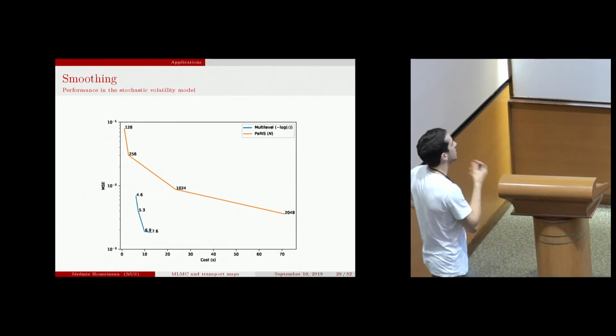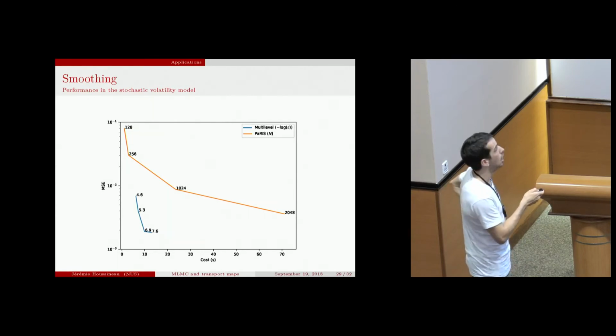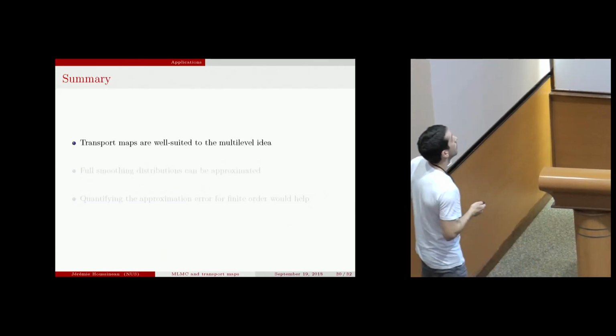For the stochastic volatility, we see that at some point we stop improving so much. So this is probably mostly due to bias, but we still basically get very low MSEs for very small cost compared to PARIS. So I think that's also a very positive result. Right. So